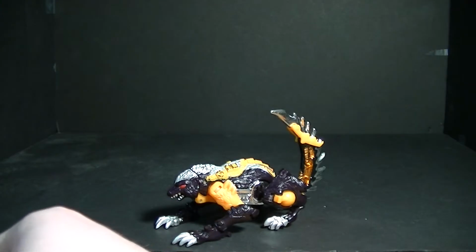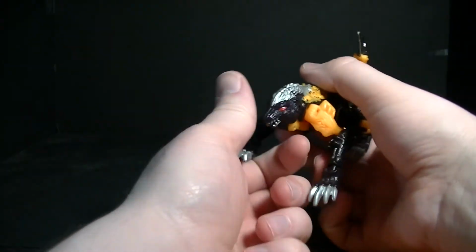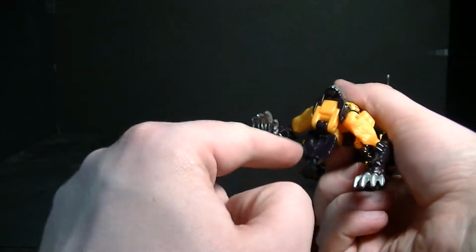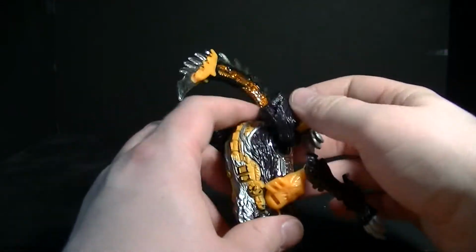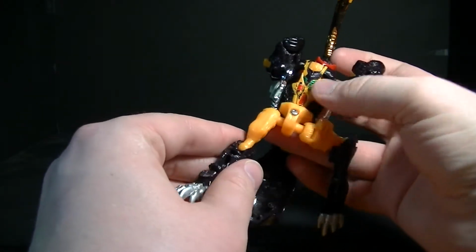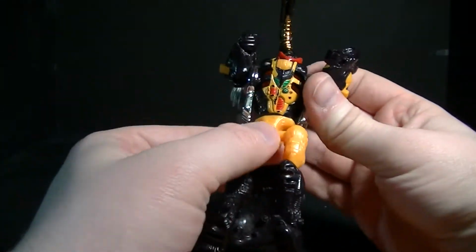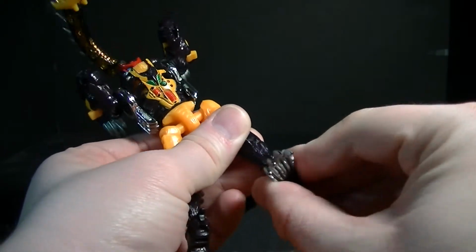So now on to the transformation. What we're going to do to start off is we're going to take the skunk head and we're going to pull that down all the way, and then take this section and untab it and flip it around. Take the legs, fold them down, and then rotate the waist around, and then rotate the feet around,